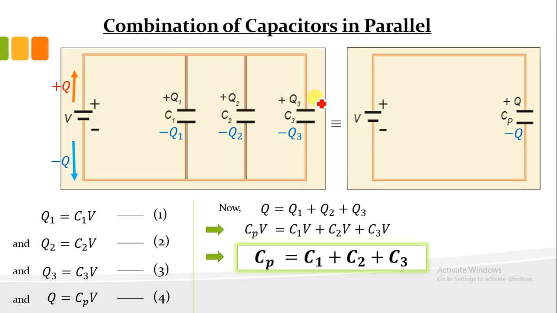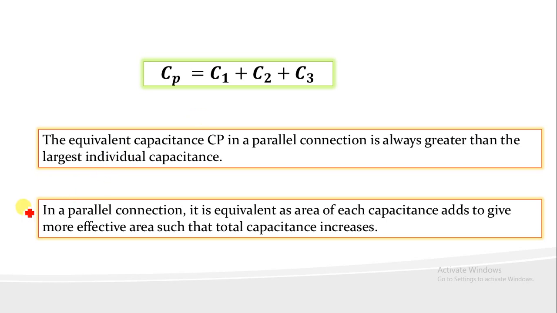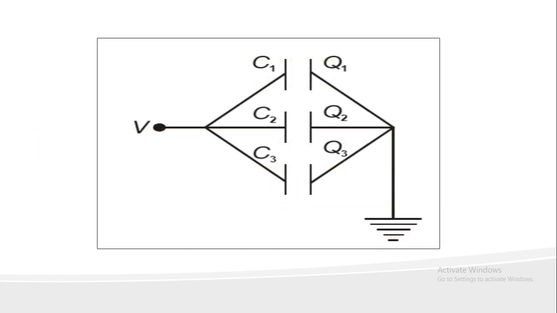So what will happen here? You can just think that the area of the plates gets increased, and because of this the equivalent capacitance is increased. Now this is the parallel combination also, you can say. You can just show this diagram in this way also. The left side is having potential V and the right side is having potential 0, right? In place of battery it can also be shown like that.